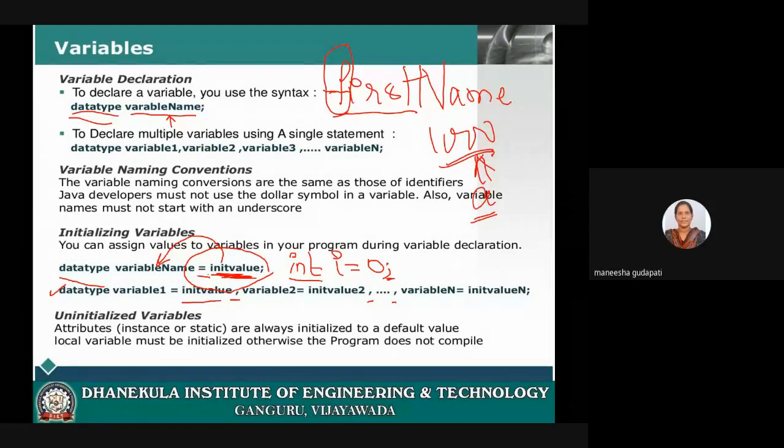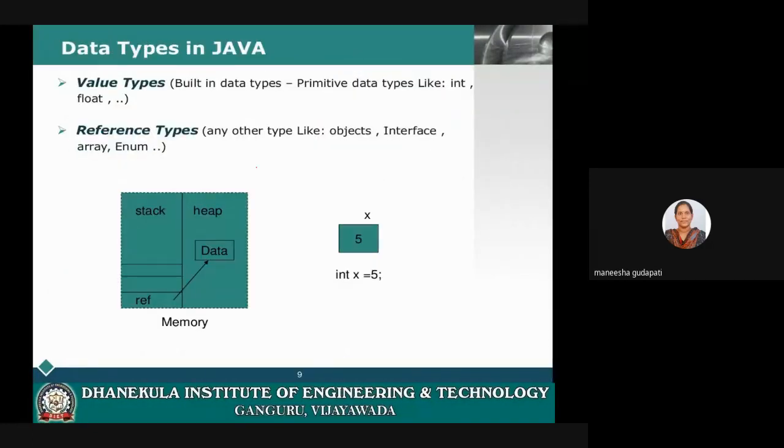That is the reason why we specify the data type. If I specify the data type, then when I use that variable name, that variable also specifies what type of operations I can perform on that memory location. So the data type tells you what type of data I'm storing in the memory. Along with that, I can also specify what type of operations I can perform on that variable.